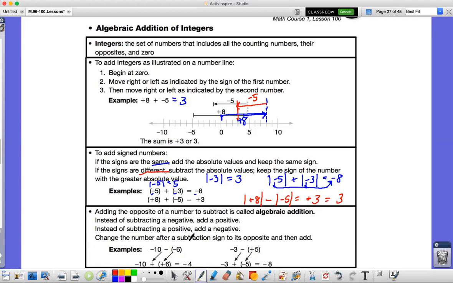If you have a negative 10 minus a negative 6, you can see that instead of subtracting a negative, you actually just add a positive. Why is that? Well, in math, two negatives make a positive. You can believe that. So two negatives next to each other like this actually just make a positive. Okay, if you got negative 3 minus a positive 5, if these are different, then you